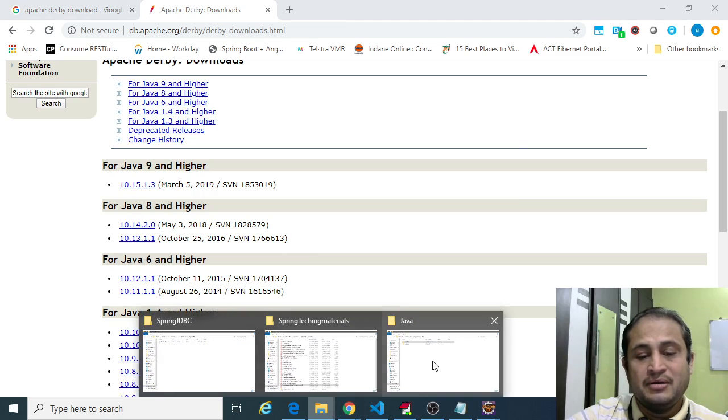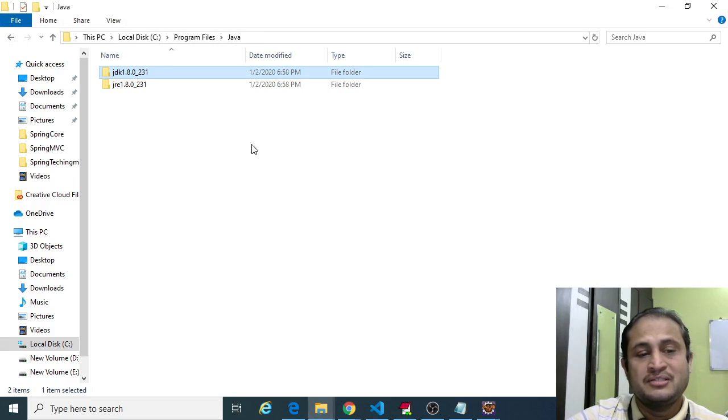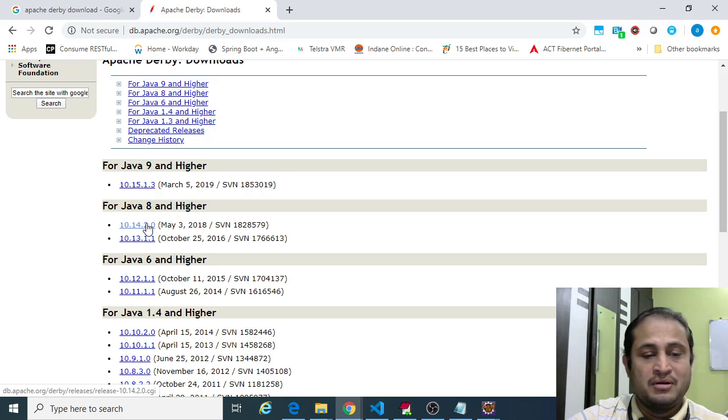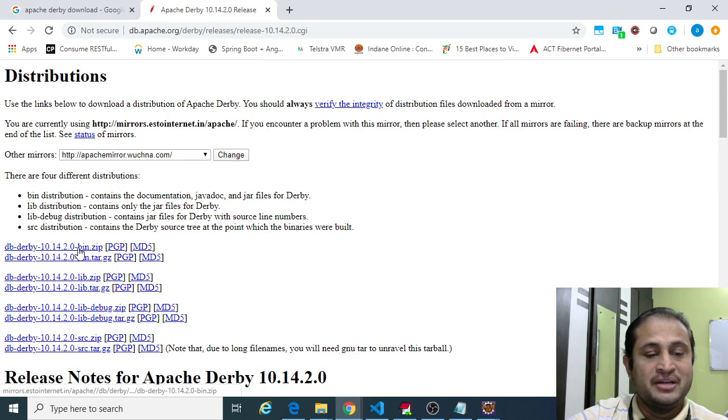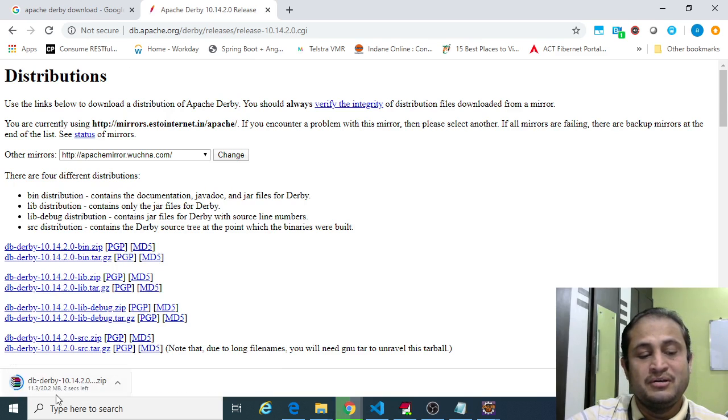I have gone for the version 10.14.2.0. If you click on download, it asks for a binary zip. You can download that zip file to your local drive.